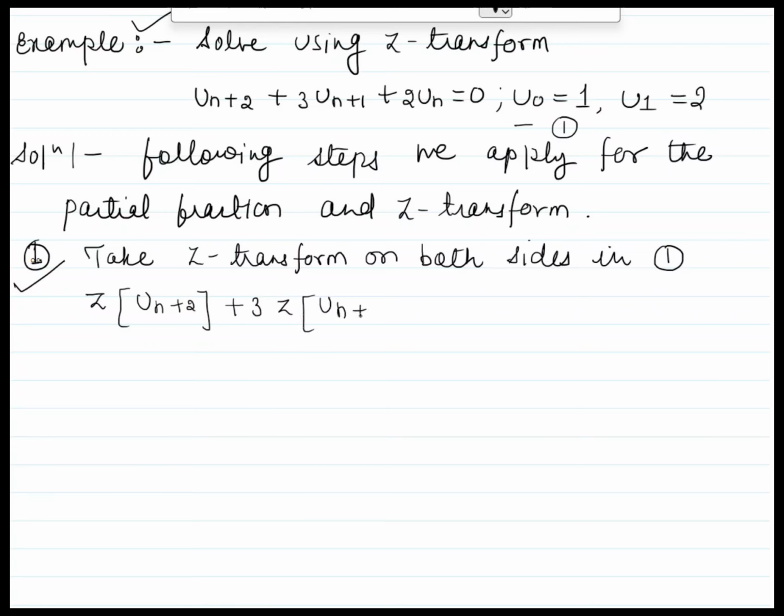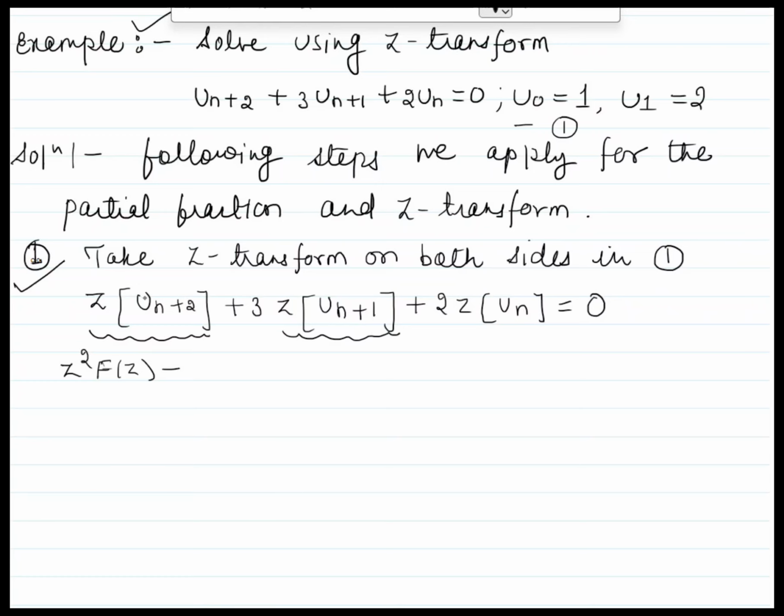I am taking the Z transform of the first equation: u(n+2) plus 3u(n+1) plus twice u(n) equals 0. So what now? We can write from the above formula which I explained on the last page. Z of u(n+2) means just put here Z square F(z) minus